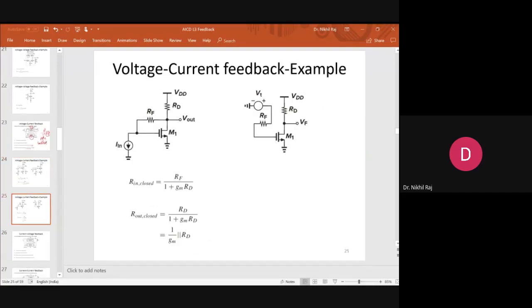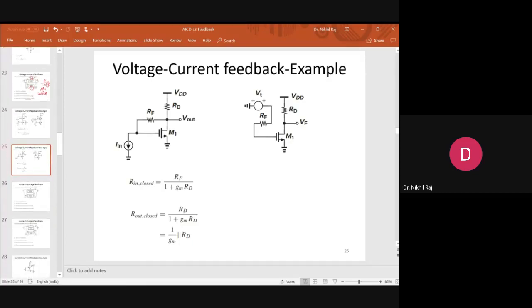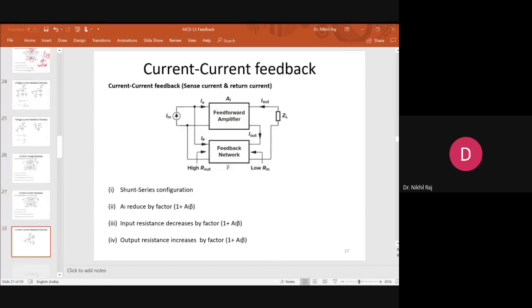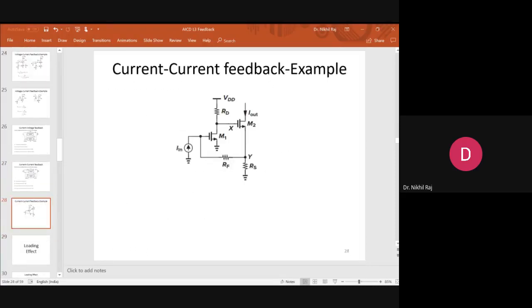Then we have seen the example. Then we have seen voltage current feedback. Again the same pattern. And then all these 4 amplifiers we have taken. So in all these amplifier calculations, we calculated your gain independently and then beta as an independent factor. But when we connect the amplifier with some element where bidirectional flow of current can happen, then a loading effect can come into the picture. So now we have to consider the loading effect.